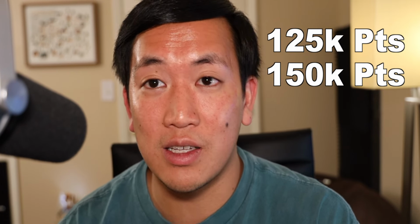But on the American Express Platinums, you'll probably get one of the best welcome bonuses out in the credit card market. I've seen some that are $125,000 or even $150,000 after $6,000 to spend, and that's pretty powerful, especially if you transfer them out to transfer travel partners and use them for international travel. But most of those are specifically for the regular Platinum card, but in this video we're talking about mostly the